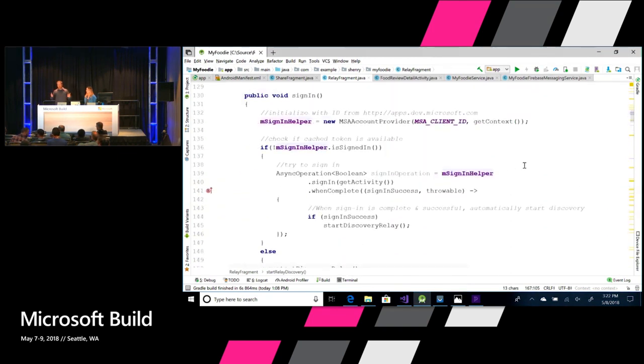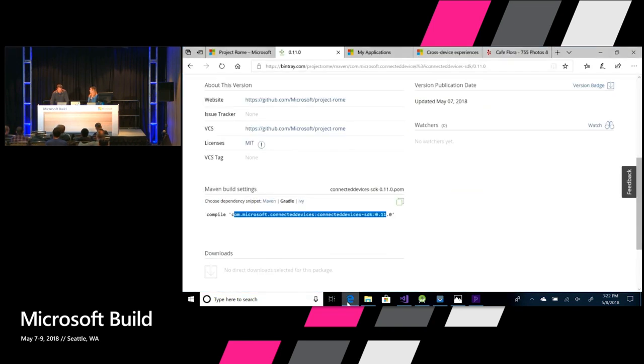All it's doing is OAuthing with the Microsoft Cloud. There's lots of ways to do OAuth. Nice thing about this helper that we provide with our SDK as a sample is that it integrates nicely with our platform and manages things like those refresh tokens. But I do need to provide it this Microsoft account client ID, which I can go and easily get at